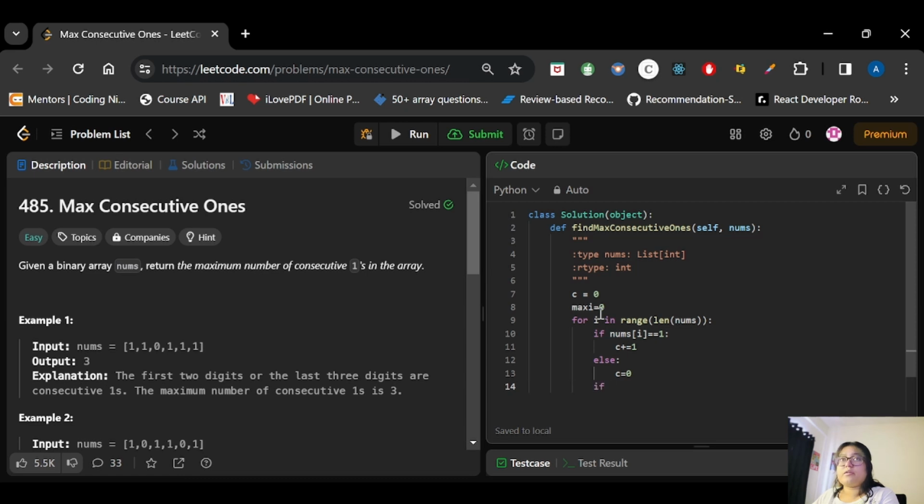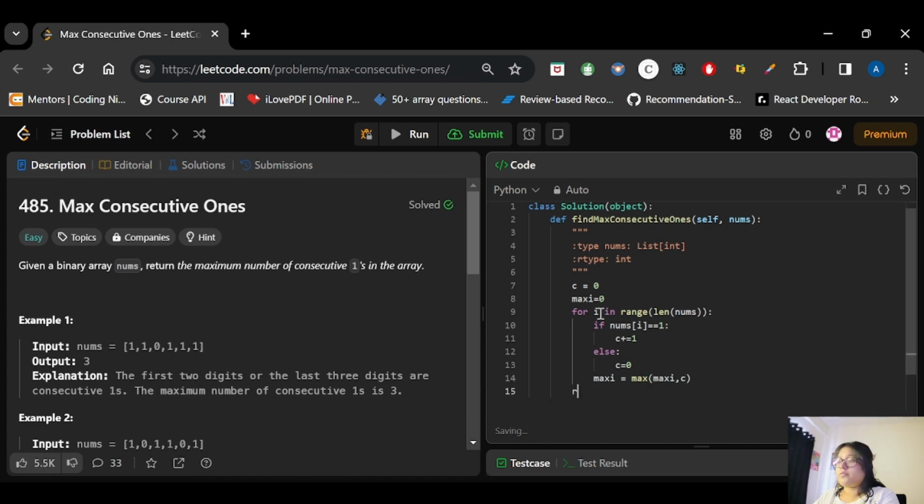Again, we can directly use the max function also. Maxi is equal to max of maxi comma count, right? Now out of this loop we will return maxi.